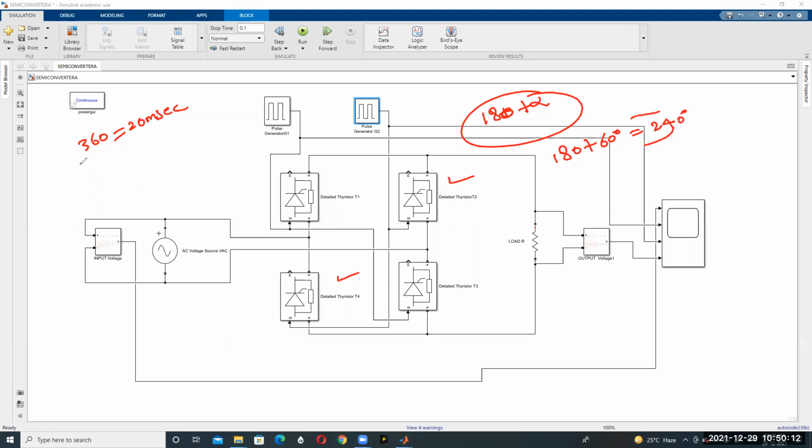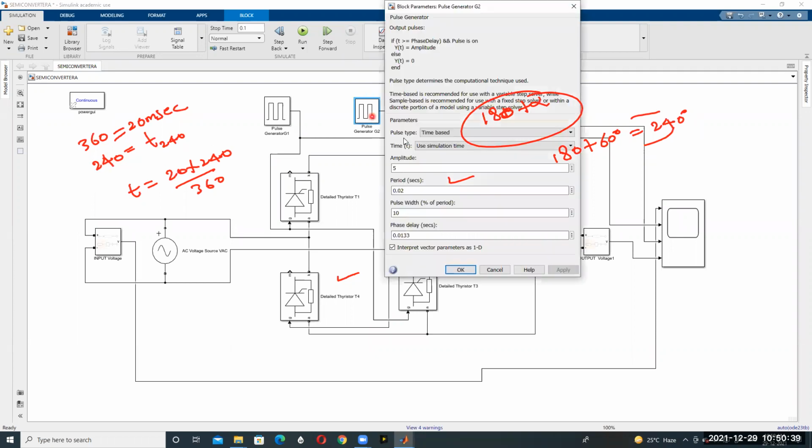For 240 degrees we have to find the time period: T is equal to 20 into 240 divided by 360. The thyristors are conducting at 0.0133 seconds.